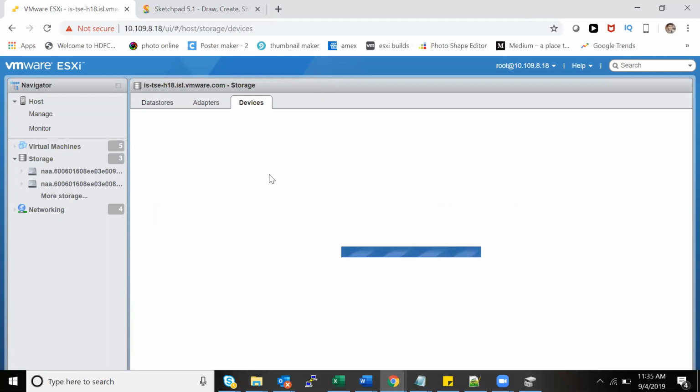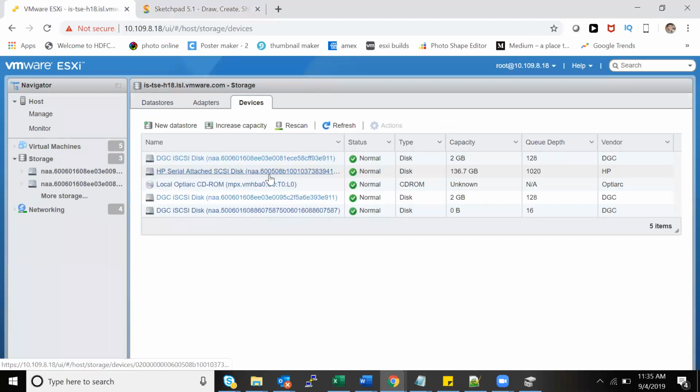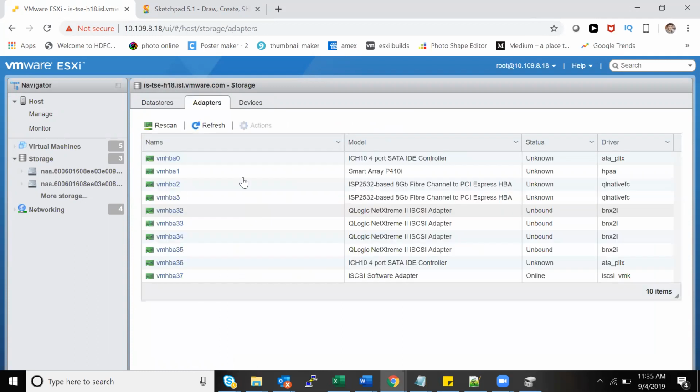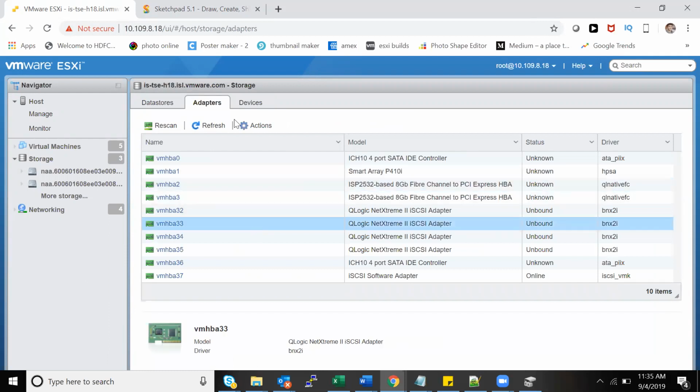If it's not visible, the first thing we'll ask him to do is unpresent. Let's do a re-present together. Let's see what you're doing. We will take him to the adapters and show him this is the WWPN for my host adapter. Can you put this? And if he has made any mistake while putting in this WWPN number, the device will not be visible.